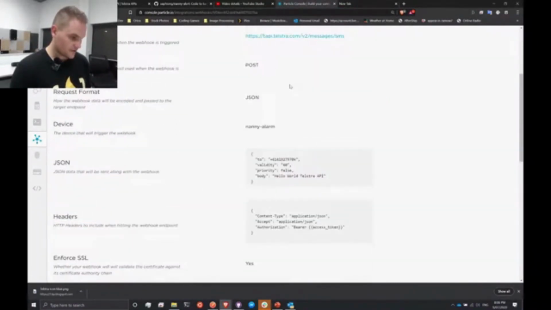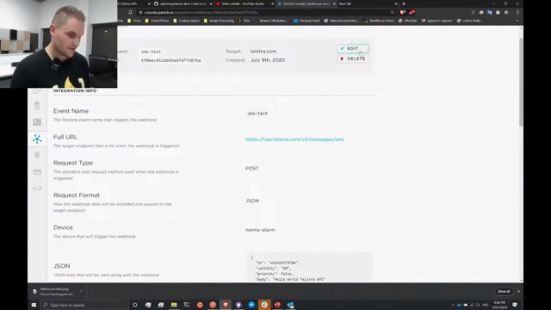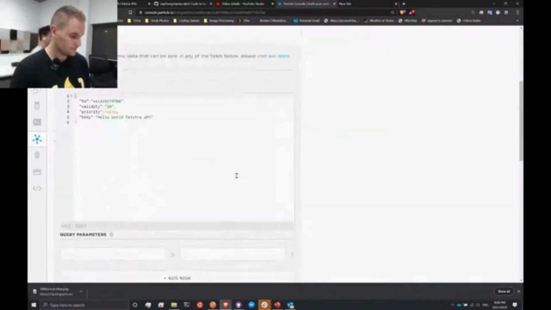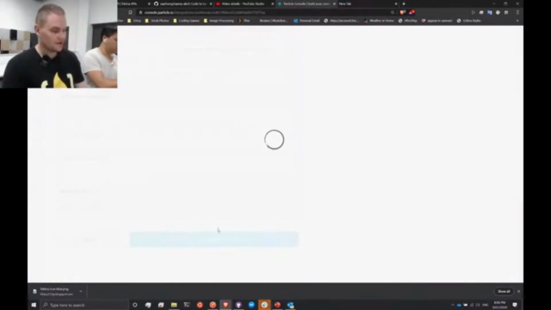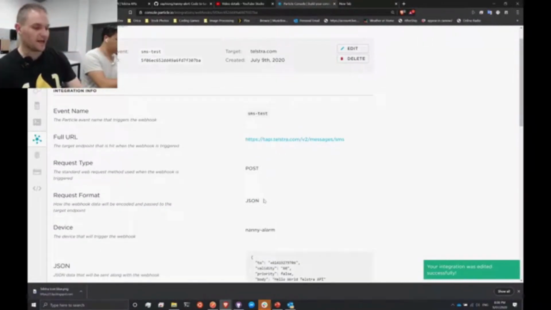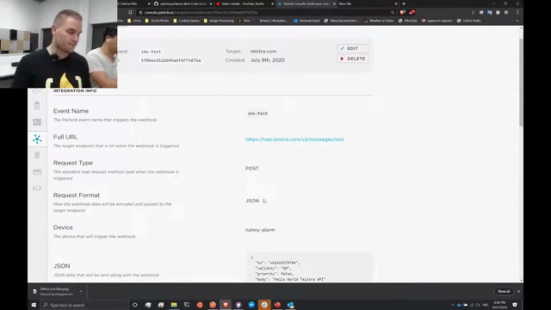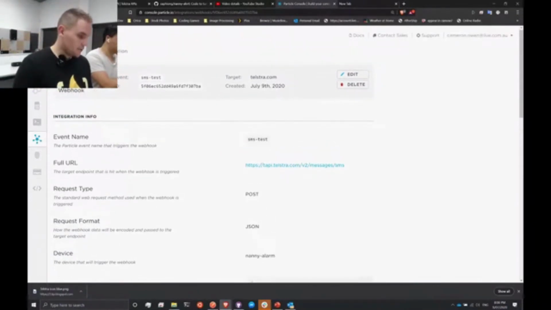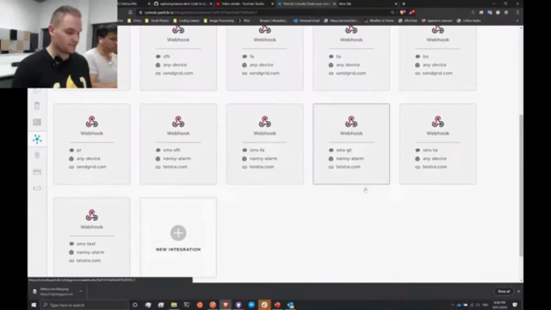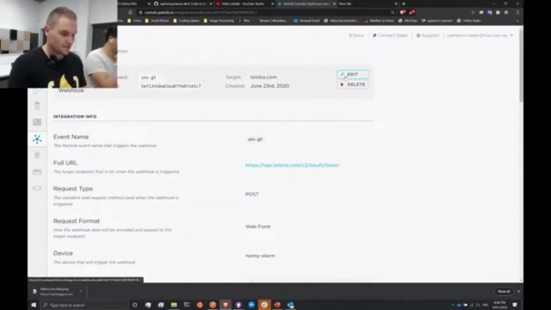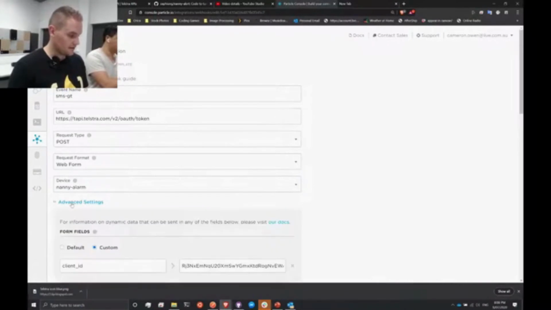and we just edit this guy, our bearer is going to be our particle event value. For any API call that needs that bearer token, that's basically how you would set it up. But the more useful one, or at least the one we're going to have to start with, is the get auth token. So I'll go back into the edit and open the advanced settings,